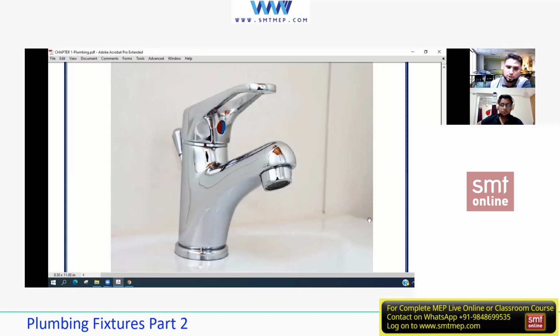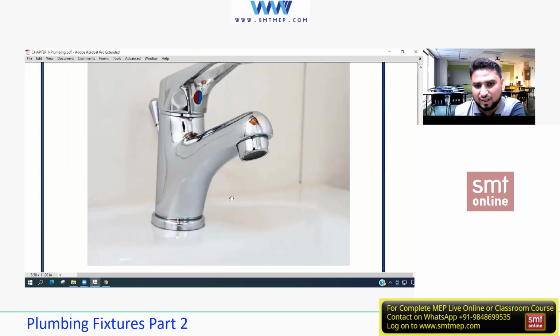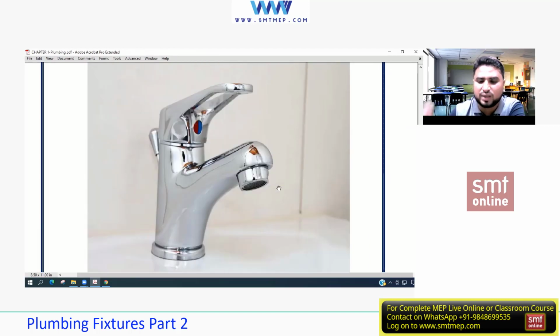So always remember the angle valve, and how you can see whether an angle valve is installed or not. A very simple technique I can tell you. For example, if you open this, first of all you'll have a very soft pressure on your hands. Like, for example, if it's a tap, you put your hand and it will hit your hand. Yes or no? You can sense some pressure on your hand. Yes, sir. It's a tap. Here also there is pressure, but a very smooth pressure. It's not something which will cause you harm.